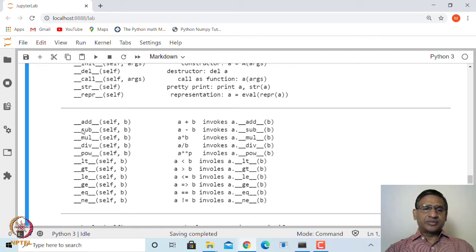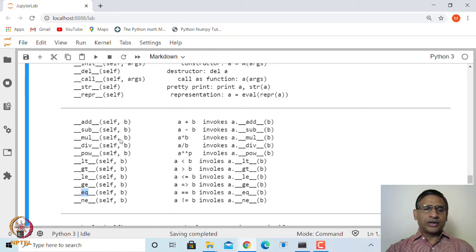Similarly, sub is for subtraction, mul for multiplication, div for division, pow for power, lt for checking less than, gt for greater than, le for less than or equal to, ge for greater than or equal to, eq for equality, and ne for not equal to.